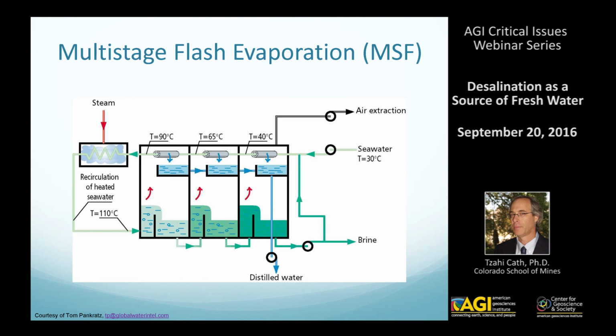Another option is multi-stage flash evaporation or distillation. In this case, we are recovering some of the heat of condensation on the top and doing recovery of water. On the left, you can see some addition of energy or heat into the water, and the water goes into the bottom of the chamber where it evaporates, produces vapor, and condenses on the top. Again, here also we are using some vacuum on the top to enhance the evaporation and enable evaporation at lower